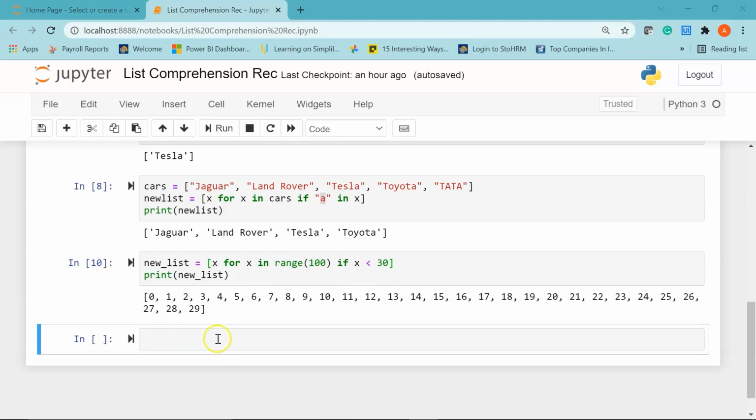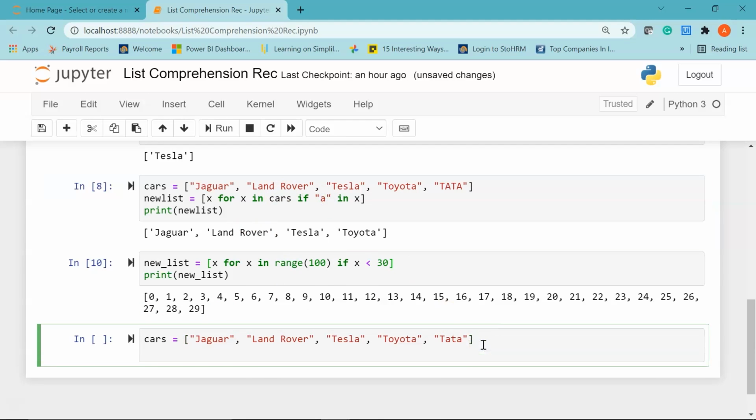Now moving ahead, let's see another example. I'm going to use the same list which we had declared before, that is the list of car brands. Now I'm going to print all the car brands if it is not Tesla, but if the car brand is Tesla, we are going to change this to, let's say, Audi. Now let me show you how to do it using list comprehension.